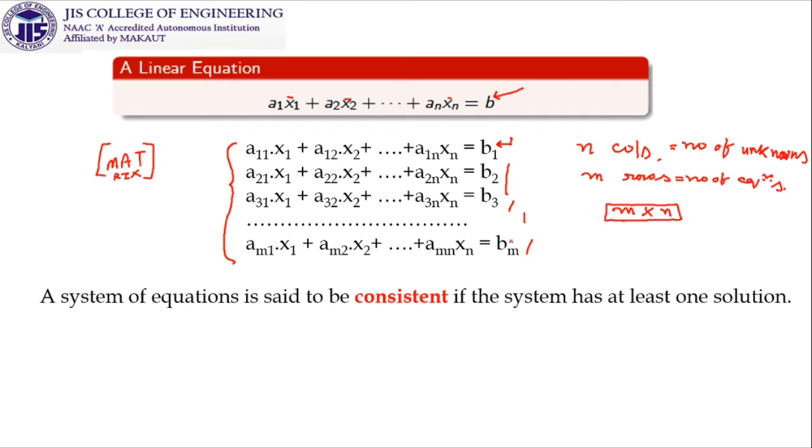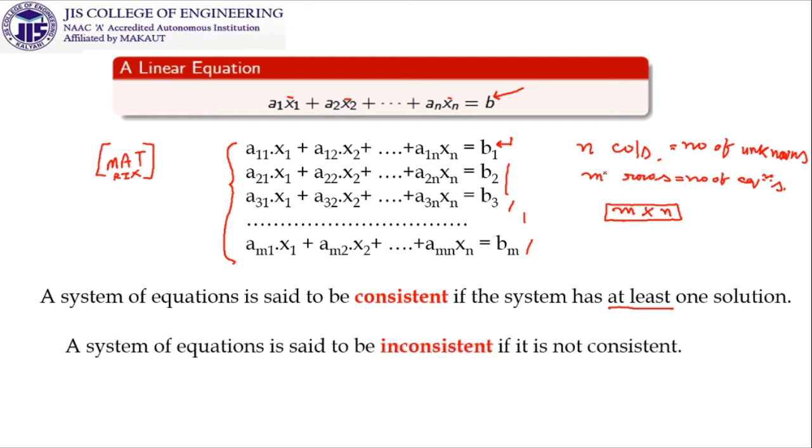Already this information is known to us, that a system of equations is said to be consistent if the system has at least one solution. So this system, if it has at least one solution, it will be consistent. If it has only one solution, it is a unique solution. If it has many solutions, then obviously you can claim that infinitely many solutions are there. And if there is no solution, then it is termed inconsistent. All these were discussed from the characteristics point of view in the last class.